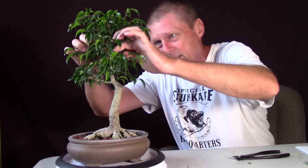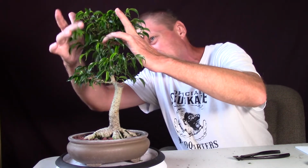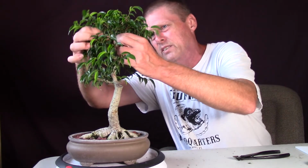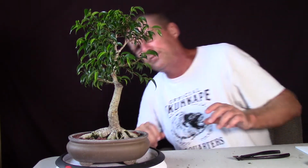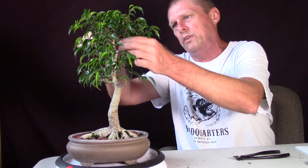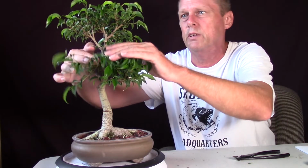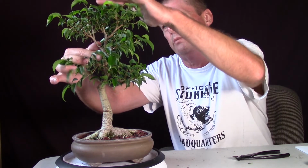And then after that, it really does kind of become the crown, and there's not really, I mean, this fork actually kind of puts off another one. I'm thinking I might cut one of the forks off. If I keep this one, I sometimes forget that you guys aren't seeing exactly what I'm seeing. I was thinking about keeping this and then allowing that to become the crown, but then